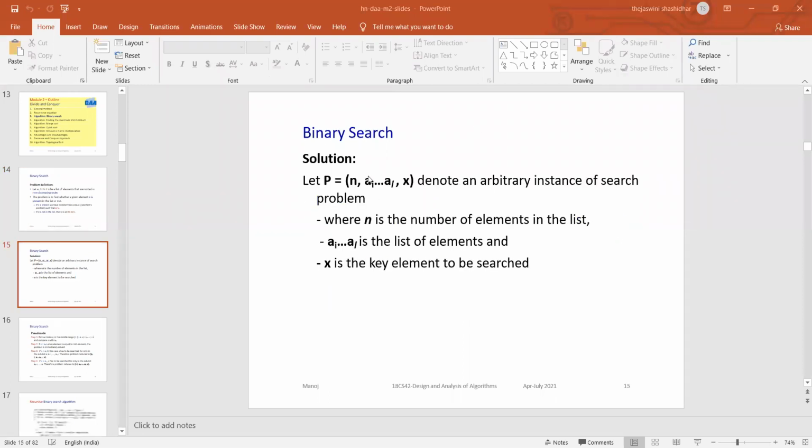Now come to the solution of that particular thing. P is the problem. The problem consists of how many elements?